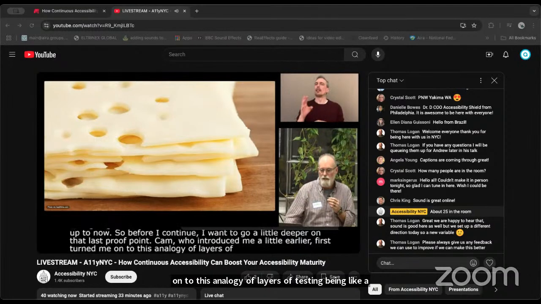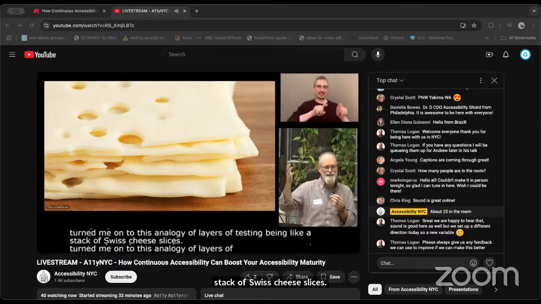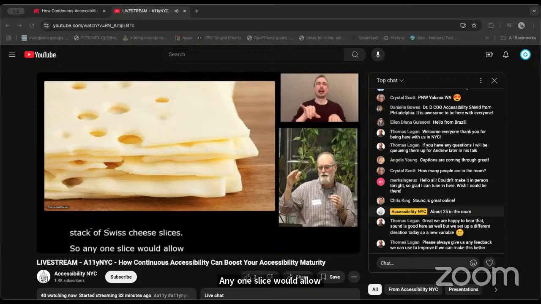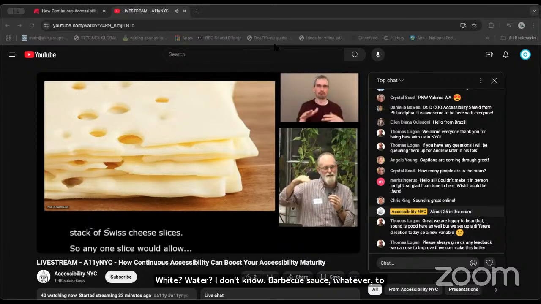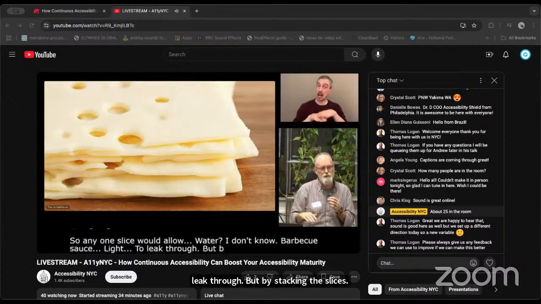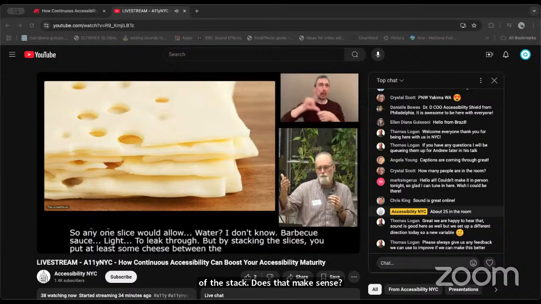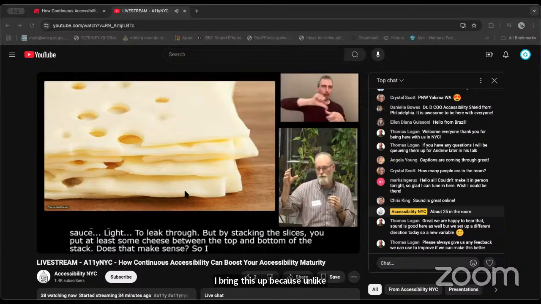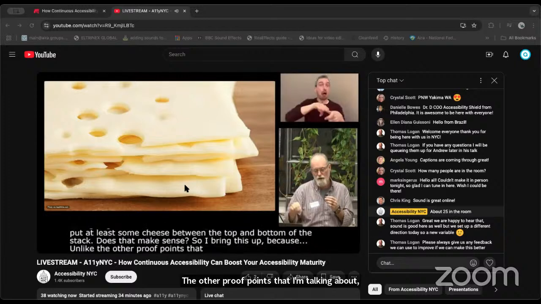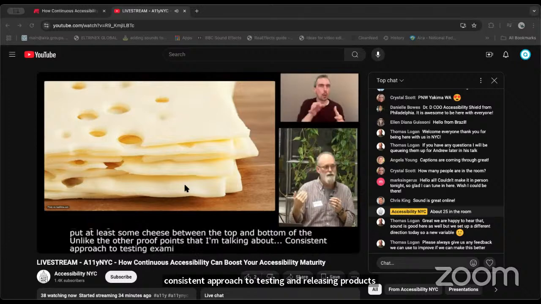So any one slice would allow light, water, I don't know, barbecue sauce, whatever, to leak through. But by stacking the slices, you put at least some cheese between the top and bottom of the stack. Does that make sense? So I bring this up because unlike the other proof points that I'm talking about, consistent approach to testing and releasing products is not explicitly tied to accessibility. And that's because